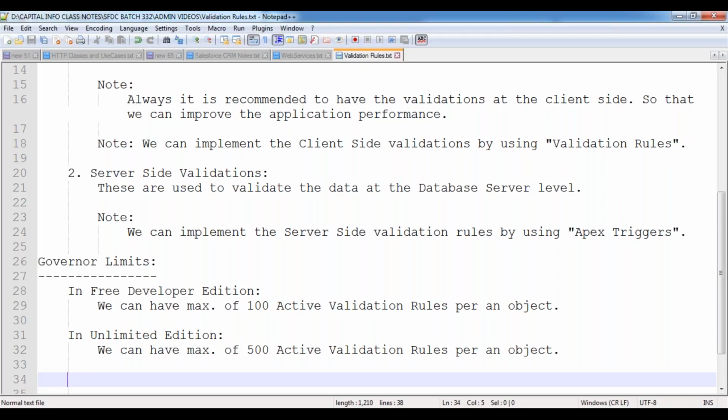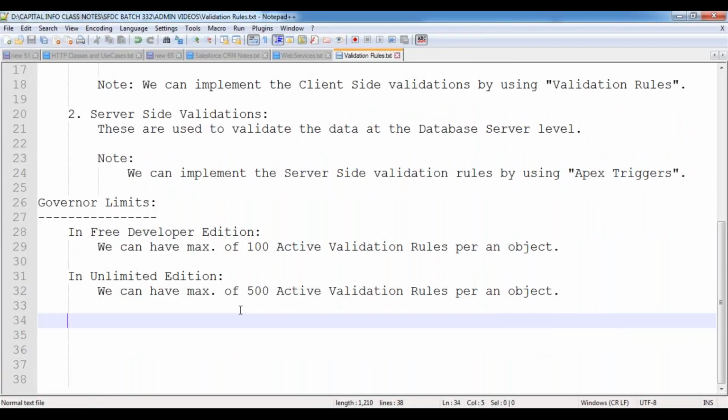Always we can maintain the correct information. The valid information we can maintain inside this object with the help of this validation. Now here in this case, in order to validate the data, we no need to write any additional code. Just we can use some ready-made functions which have been given by Salesforce. So Salesforce has given some ready-made functions.